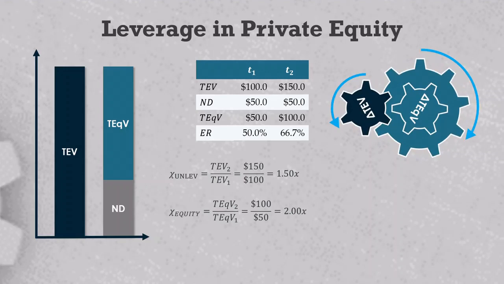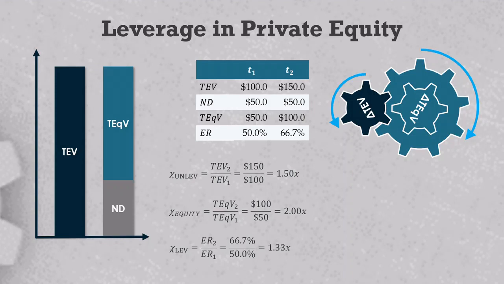These chi-unlev and chi-equity values are the logarithmic model equity return multipliers for the unlevered return and the total equity return described in VC 105. And they're connected by the leverage effect, which is the equity ratio at exit divided by the equity ratio at entry. If you multiply the 1.33x leverage effect by the 1.5x unlevered return, you get the deal's total equity return